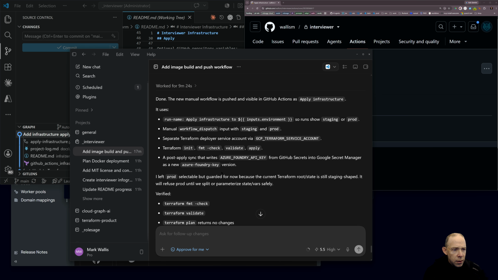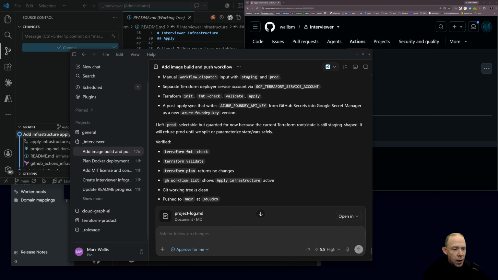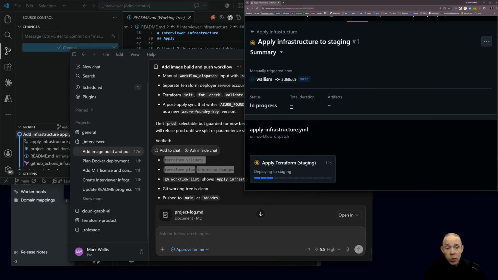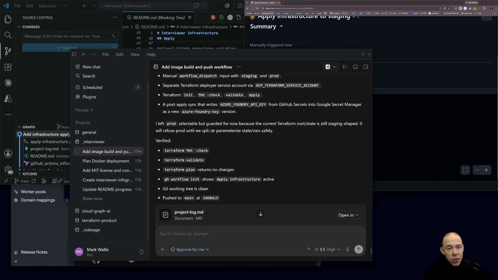And it pushed it. It just did a plan. So running this, assuming it works, should create all of those resources. Well, and if we make any changes, it will then apply those changes. Okay,